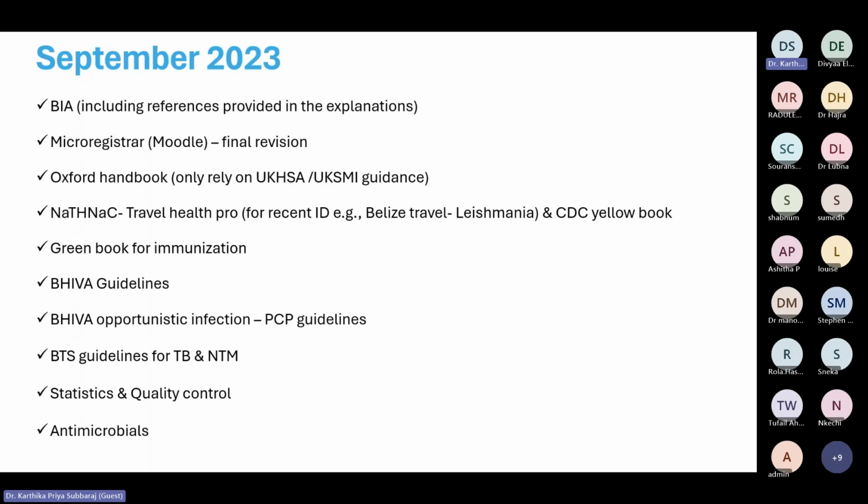And apart from that, in HIV, they might ask about opportunistic infections. Most of the time, they will ask either about toxoplasma or about PCP pneumonia. The PCP guidelines are good, so you need to remember them because you will definitely get a minimum of 2 to 3 questions on that. And you might get some questions on toxoplasma in HIV or Kaposi sarcoma in HIV. Those are the opportunistic infections they routinely ask.